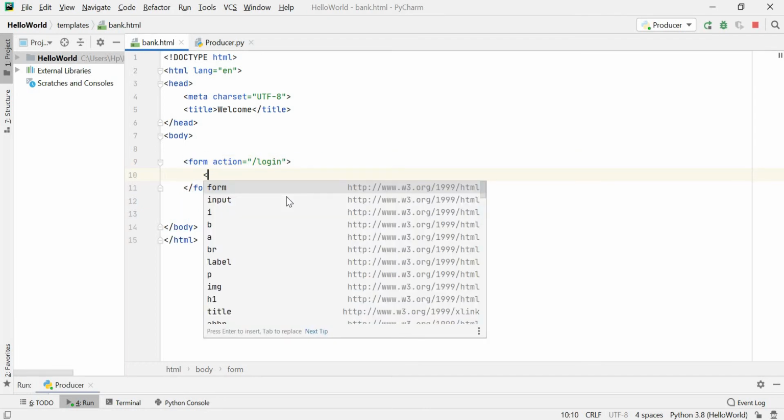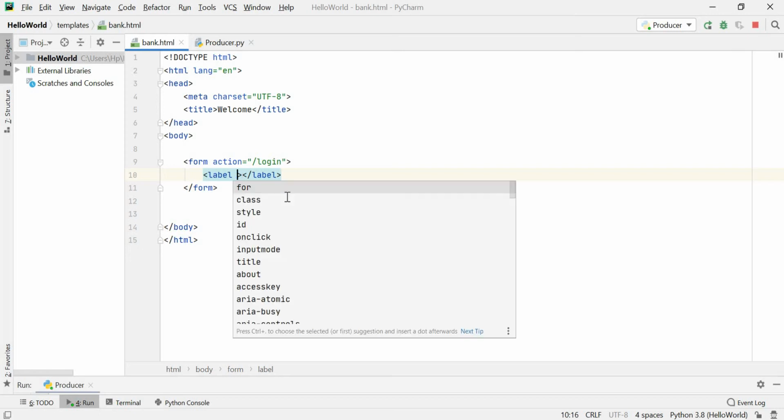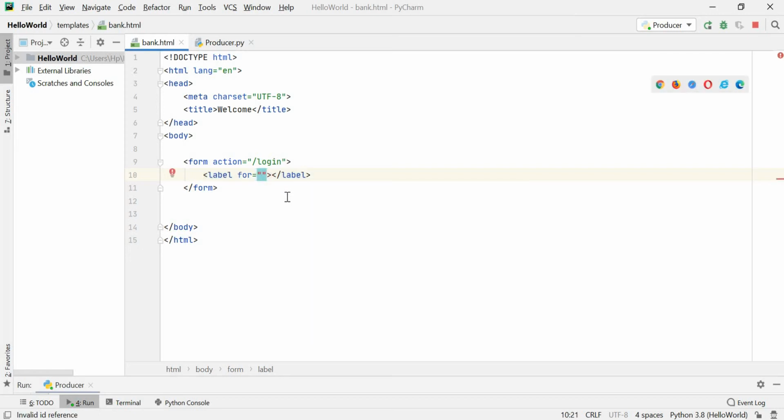Then we will create one simple input. First of all, we'll give a label. If you want to give a label, you need to call the tag, that is label. Let's say we have to put the email, and email and password you need to put.